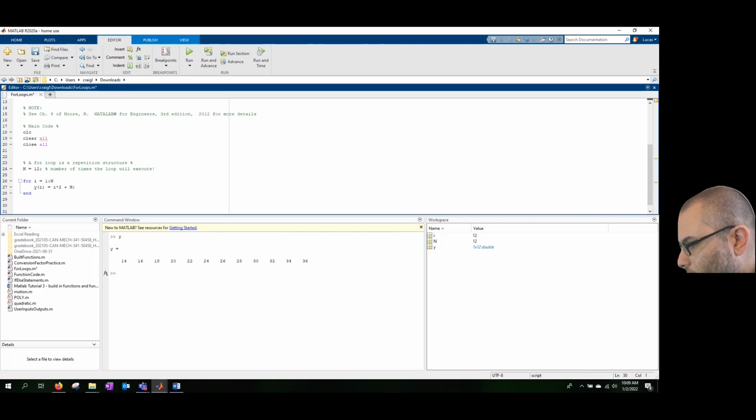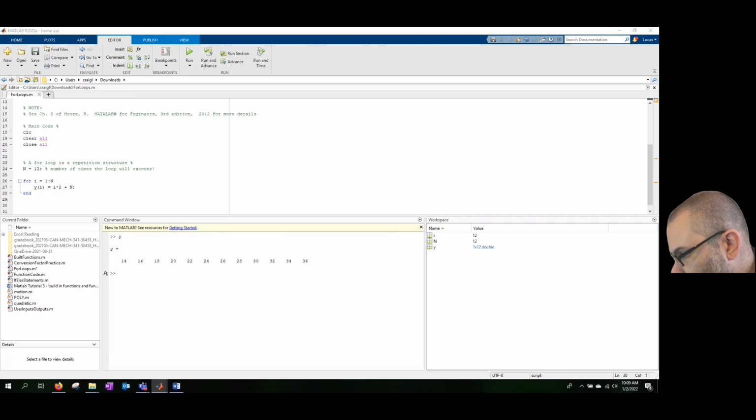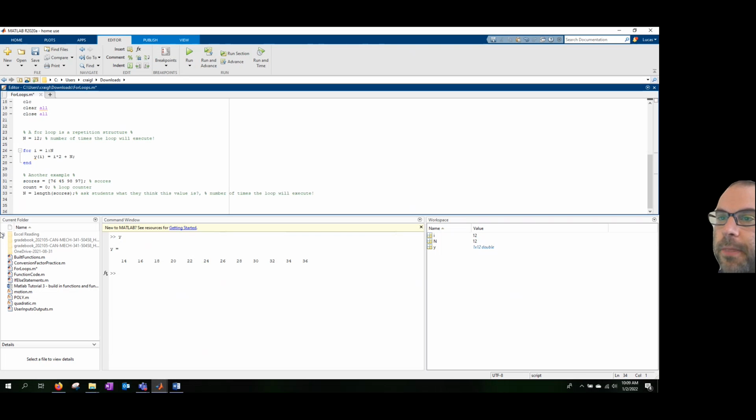Let's do another example. I'll copy and paste some of this. Here's another example. We got scores, which is 76, 45, 98, 97. Okay. I have a loop counter. Okay. You'll see here in a second why I'm doing this. I'm just saying, okay, count is 0. And then my n, the number of times I'm going to do this, okay,